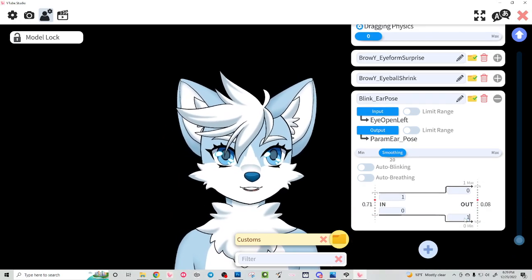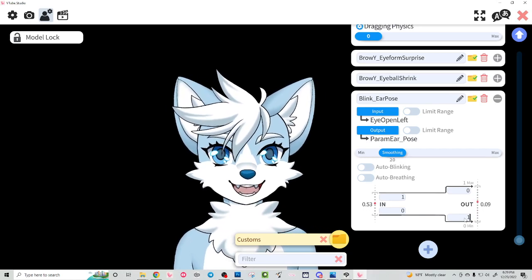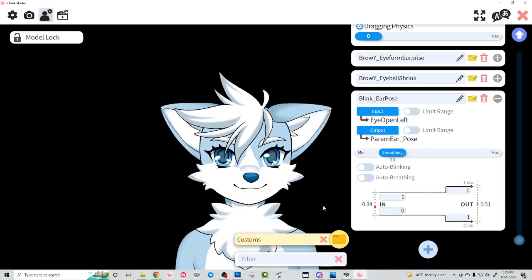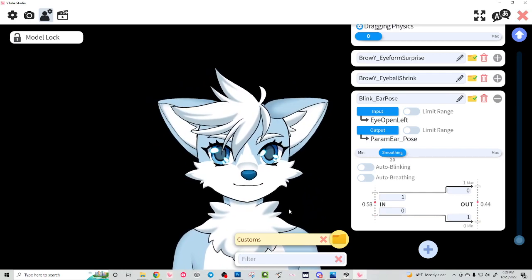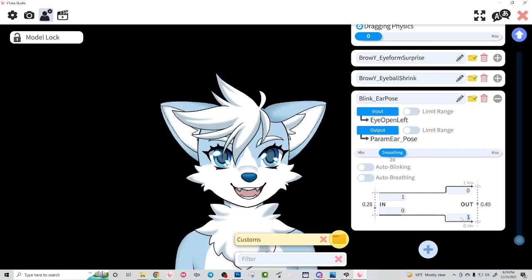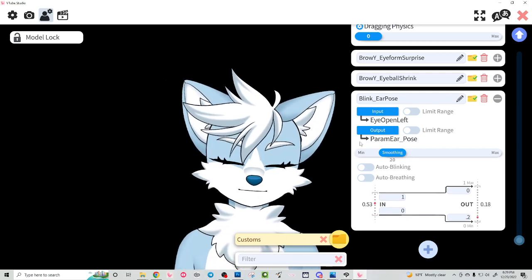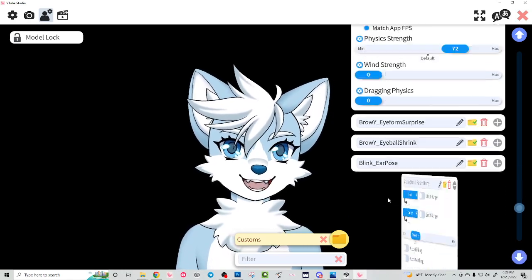So like I could set this to... yeah, so you can tinker with these values to really get a different look. I'm going to set this to 0.2. So you can create, so let's see, let's do